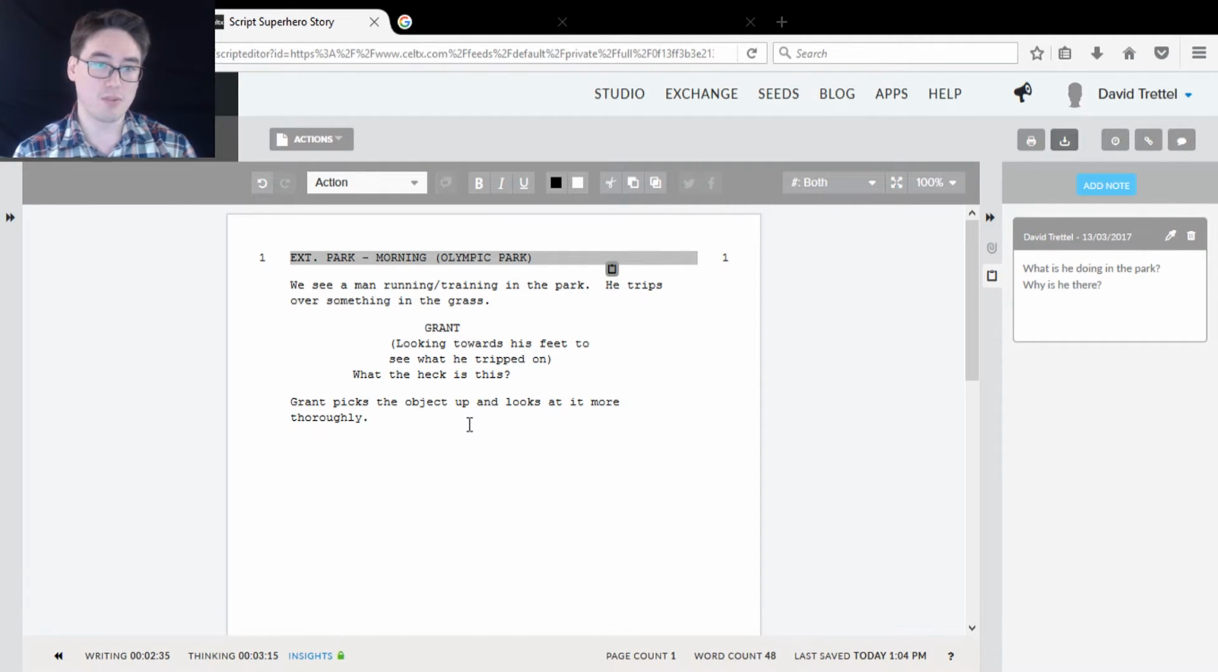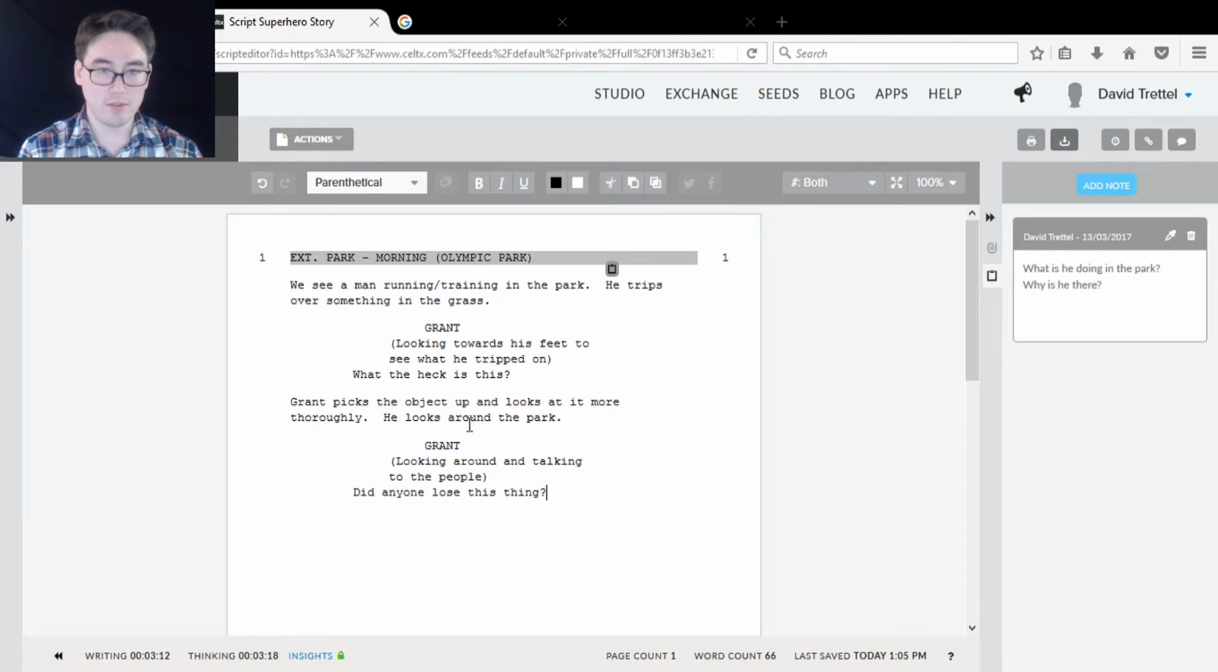Let's see. Grant picks the object up and looks at it more thoroughly. He looks around the park. Grant: Did anyone lose this thing? Oh, no. Yep, hold on. Nope, nope, no, no. Alright. Did anyone lose this thing? Instead of looking around, I'll say, in a loud voice. No one answers. He